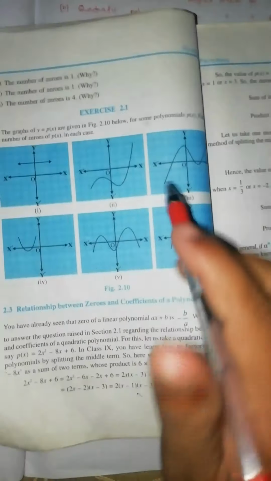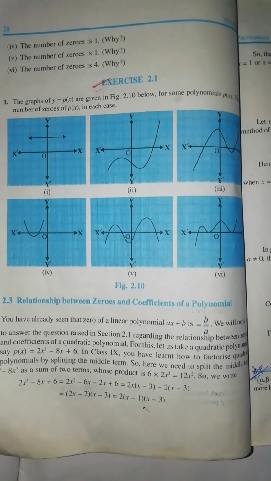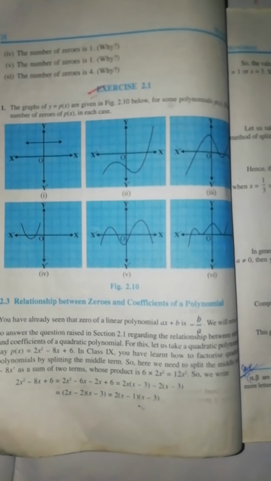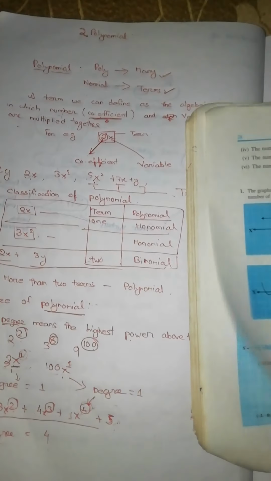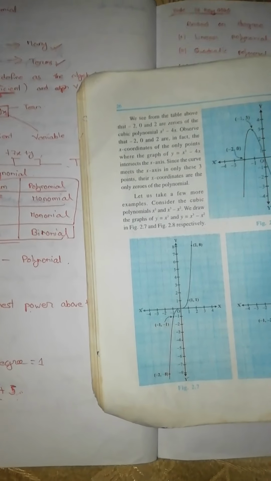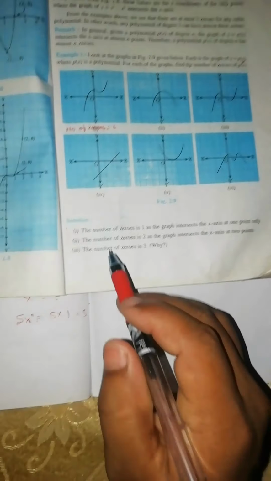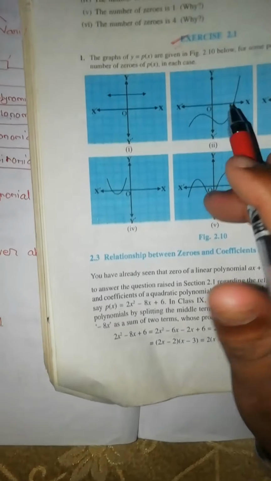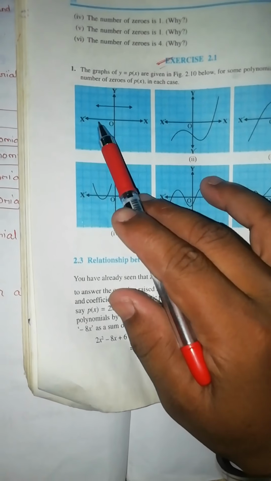So, exercise 2.1, question number 1, you have to do and give the answer. Tomorrow morning you have to submit. You have to write on a paper like this, only the solution. Write only this type of solution. No need to draw the graph, only write the solution in this way. For question number 1, the number of zeros is what? No need to explain also, just write here the number of zeros. Is it cutting this X line?